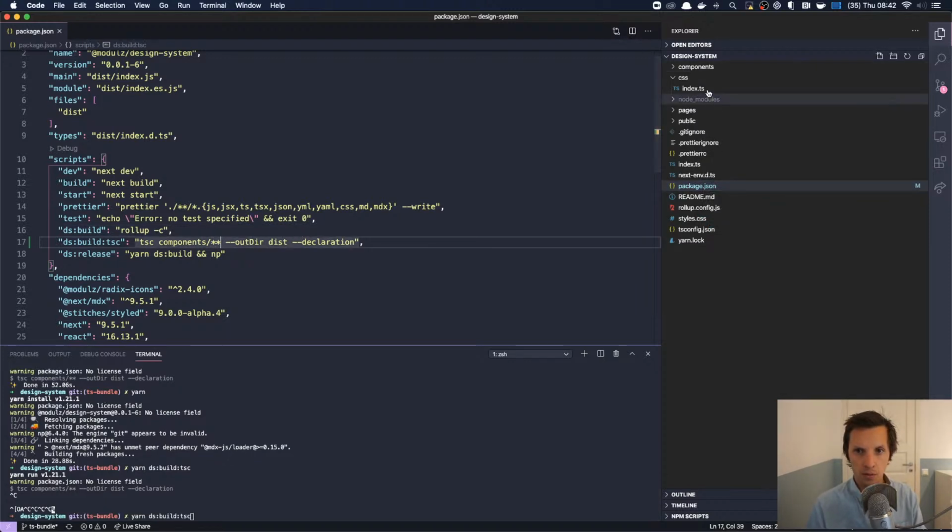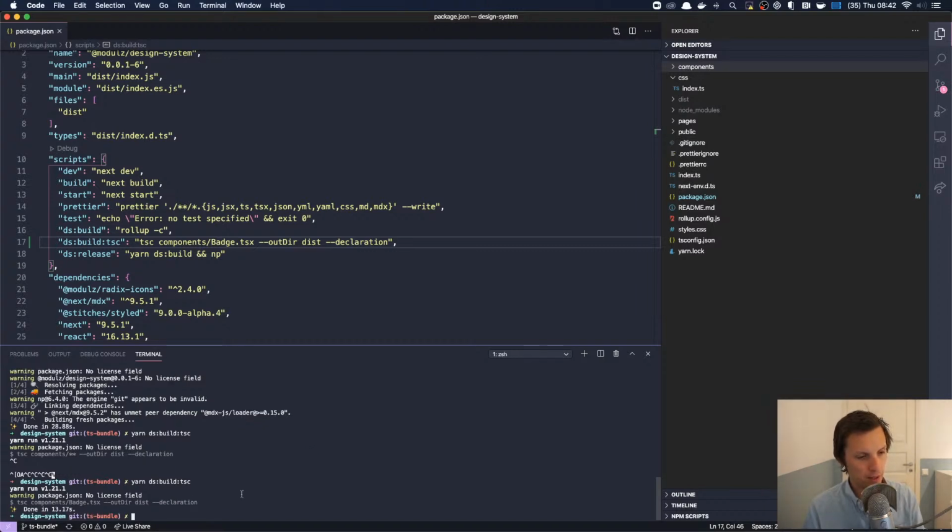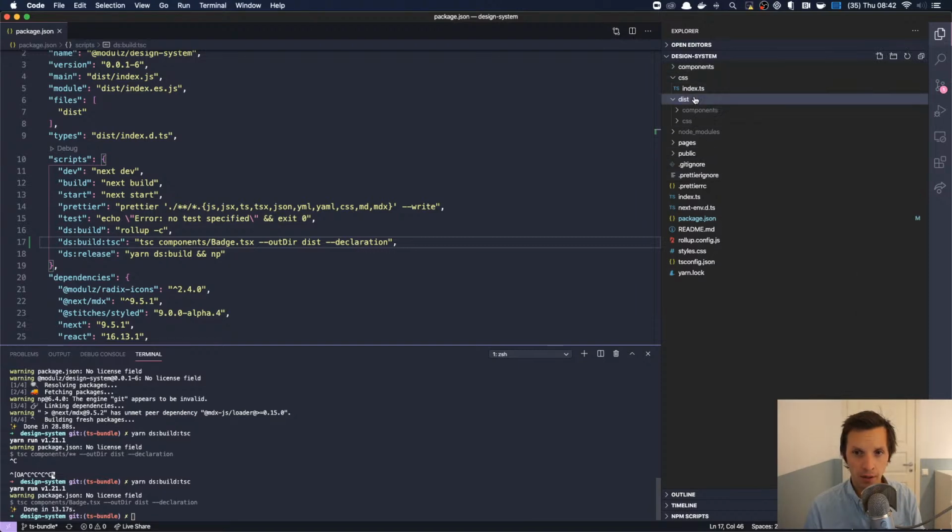One of them is called Badge TSX. Let's see. We're going to try to fix this together now. I'm not giving up on this because I'm sick and tired of working on it.